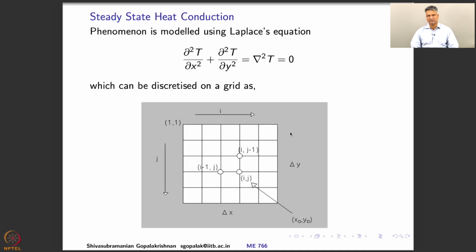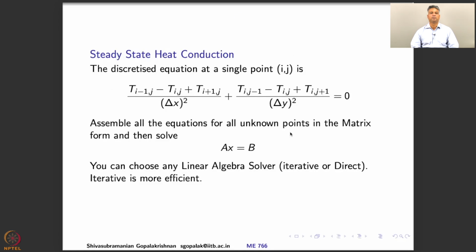There is only one steady solution to this problem. So, if I were to write a linear equation for each and every i, j point, I will have n by n such equations. I can now assemble all these equations for all the unknown internal points in the matrix form Ax = b, and then I can choose to solve this problem using either an iterative technique or